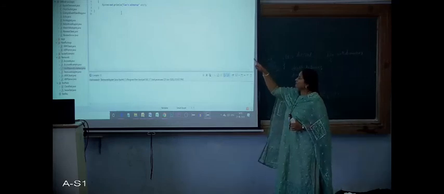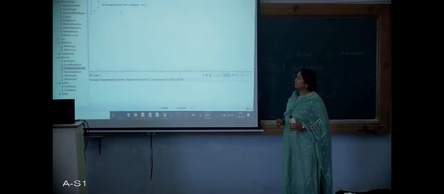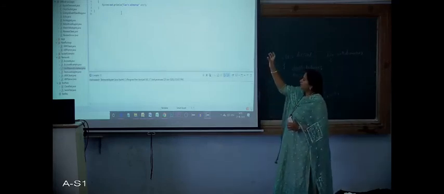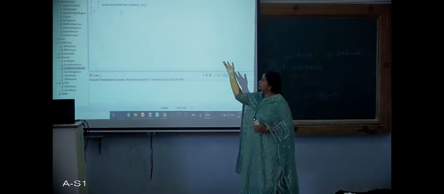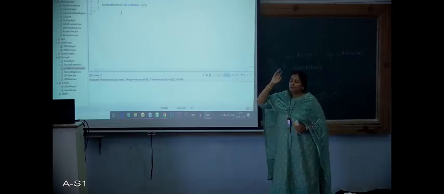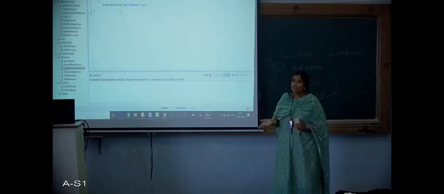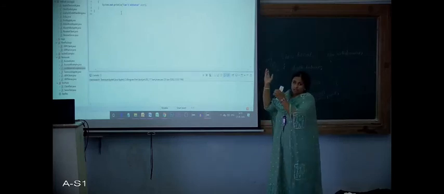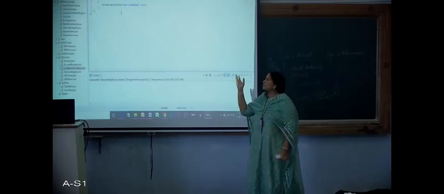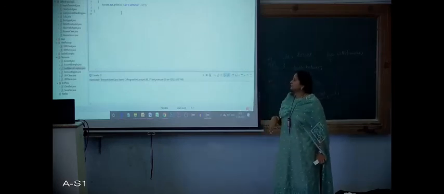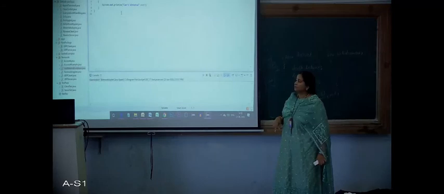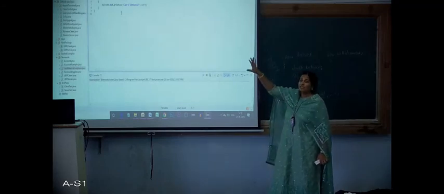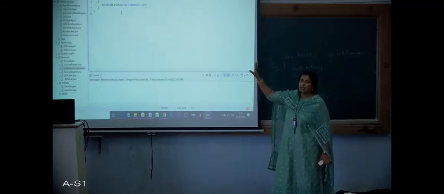So I have written it as can't withdraw. Here I have taken a string also. You can write a parameterless constructor also. If you do not wish that thing to be printed, you can just use a parameterless constructor. You can just print a message can't withdraw. So this is the exception, correct?